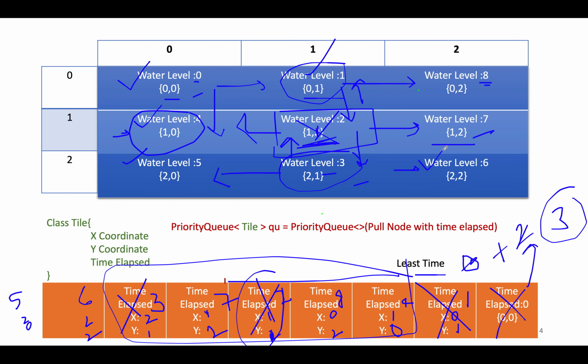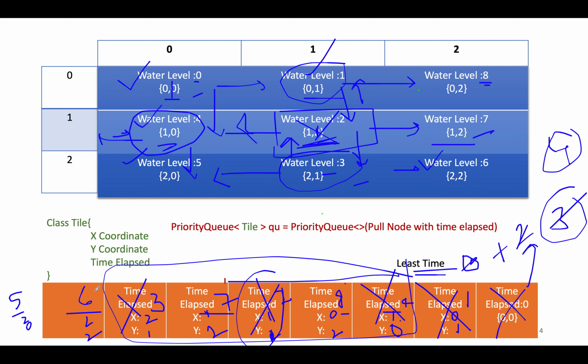Now let's pull out elements from the priority queue. Which one will be pulled out? We have 5, we have 6, we have 7, we have 8, we have 4. The one with the least time elapsed will be pulled out, so this is gone, and this would result in increasing the least time elapsed to 4 because we got a higher value. 4's coordinates were 1,0, this one. So in what all directions can you go? Up, right, left, bottom, in all these 4 directions. But since all of them are already part of the priority queue, you can't do anything about it. You will stay as it is and continue the process.